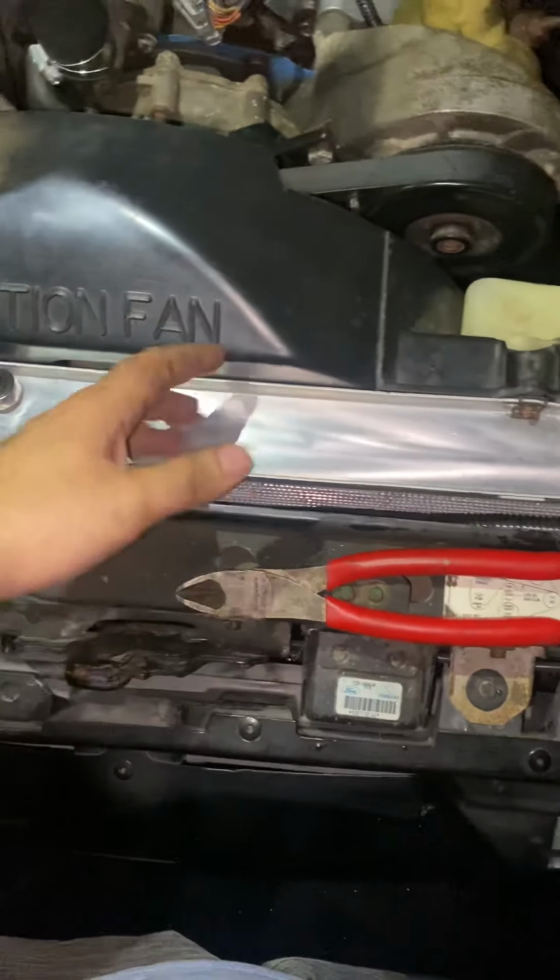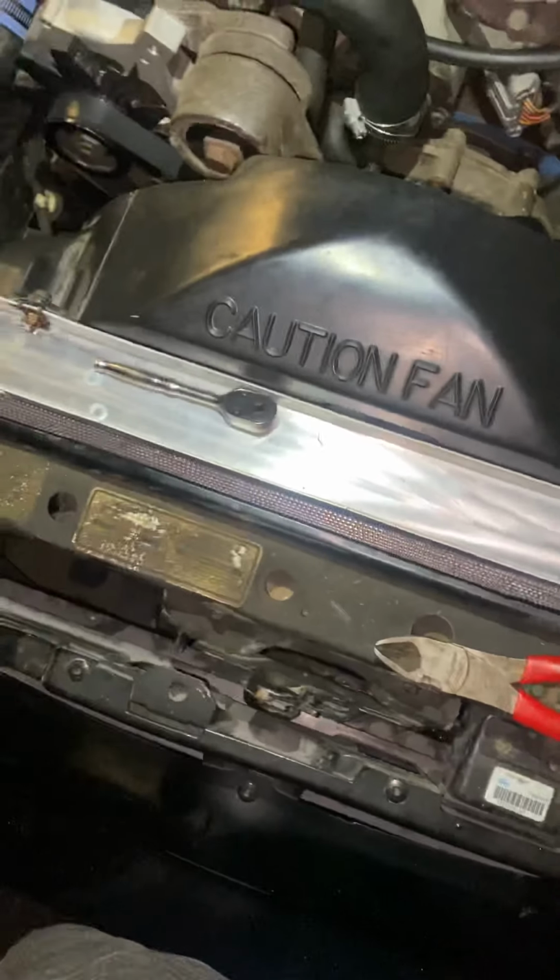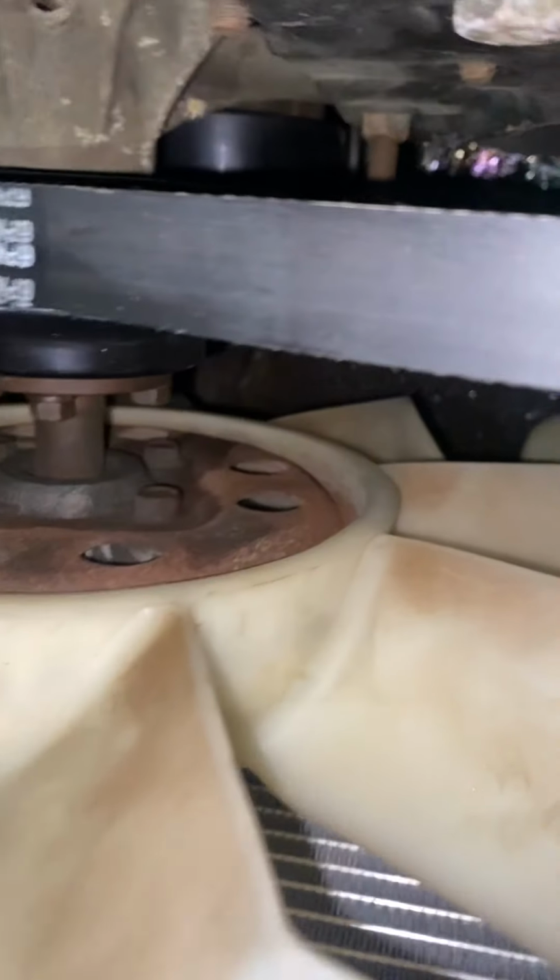This car's worth like $1,000 plus now. For some reason, this shroud won't fit on this radiator. Like I said, the same dimensions. This one's obviously fatter than the stock one. But I couldn't get it to fit without it hitting on the bottom there. So what I did is I just